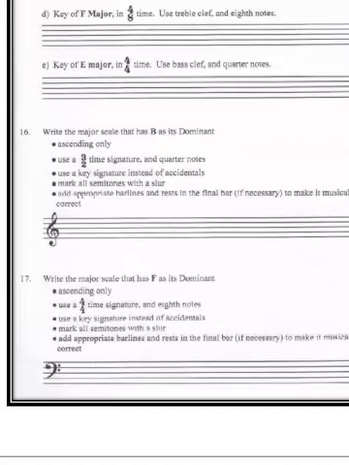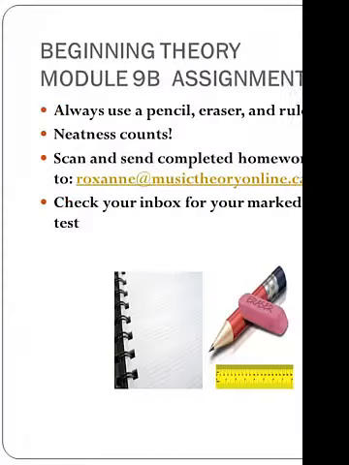Number 17, write the major scale that has F as its dominant. Be careful, it's F, not F sharp. Okay, that's a big hint. So be careful when you count down as to what note you use for the tonic. And that